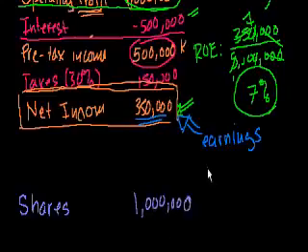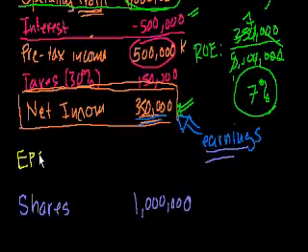So you've probably heard not only the term earnings, you've probably also heard the term earnings per share. So what they do is they take your earnings number and divide by the number of shares, and you have earnings per share, or EPS. Sometimes people will just say EPS for this company in 2008 was, and in this case, you take $350,000, your total earnings, divided by the total number of shares you have, and that's 35 cents